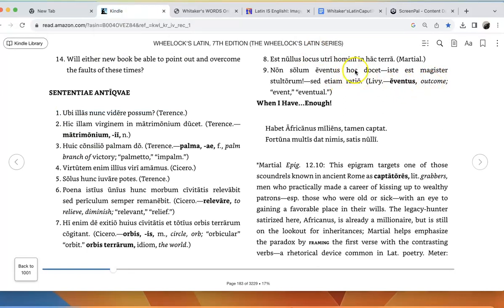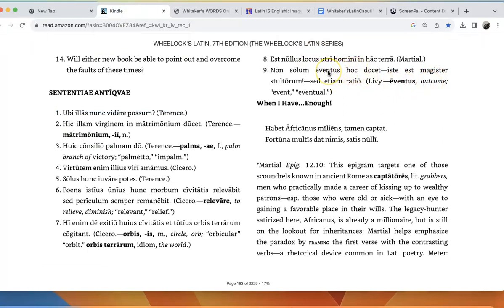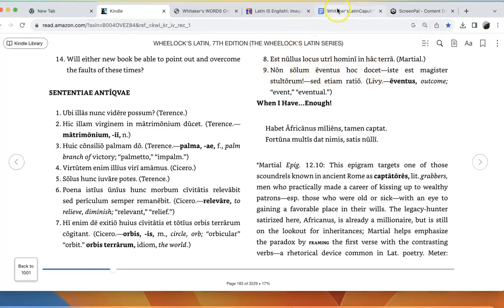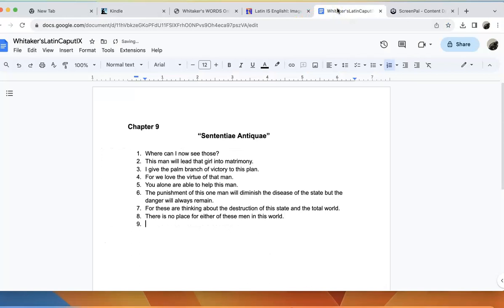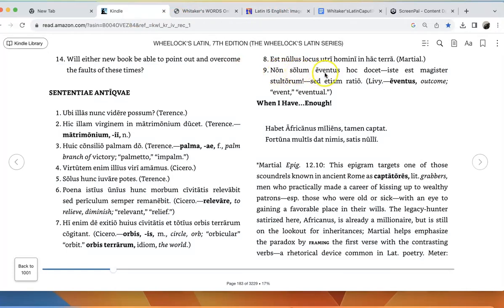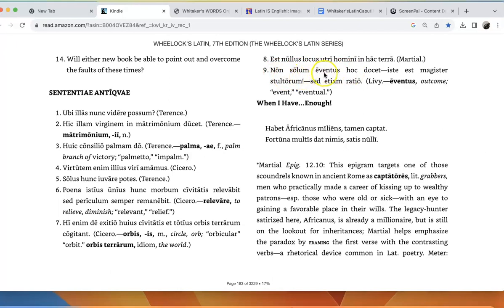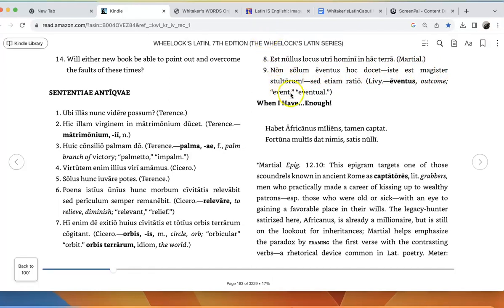So not only this outcome teaches, non solum eventus, not only this outcome teaches, he is a master of, literally of